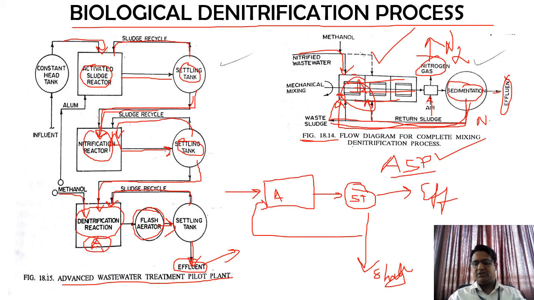So as we continue with this, you can think of it as the same process, which I have just told you, being repeated 3 times. In the first time only the carbonaceous matter will be taken out, in the second time the nitrification process will occur. In the third stage, the denitrification process is going to occur. So this is how the biological denitrification process will be occurring.